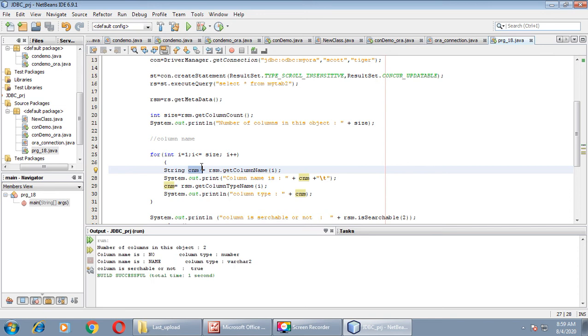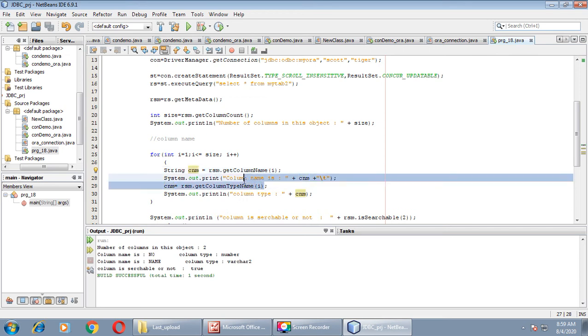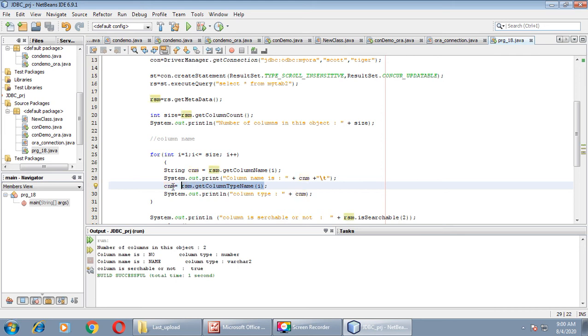In the next line, line number 29, you can see the method getColumnTypeName. As the name suggests, you can get the data type of that particular column. If we want to get the data type of a column, we can get it with this method. For that again you need to pass a parameter as an index. We have passed i, which is the index. And this will return a string data type and will store it in cnm.